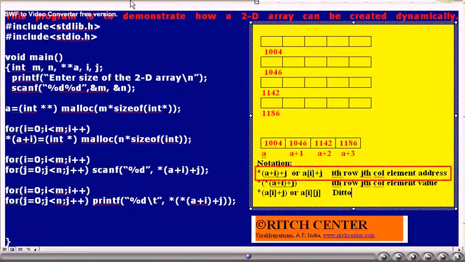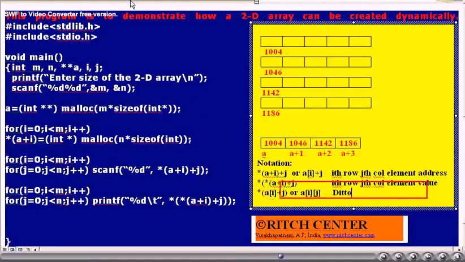A of I or star of A plus I indicates the ith row's first element address. If I add j, that becomes the ith row jth column element address of our 2D array. Star of (A plus I) plus j is the address of the ith row jth column element of our 2D array.